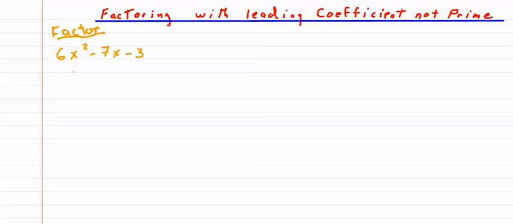If I look at this, my choices for this first number in each of the binomials are 2 and 3 or 6 and 1. My choice for the second number is obviously 3 and 1. So I have more choices here for the first one. It's not automatic. So for instance, and this is really going to be a guess and check, I could